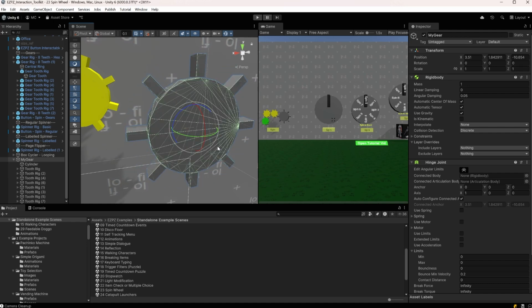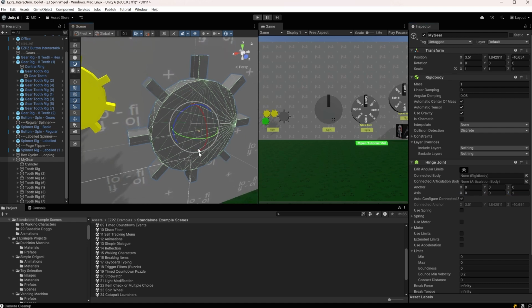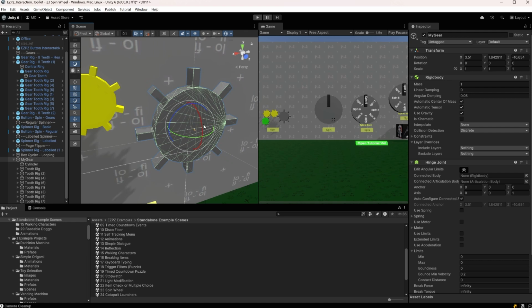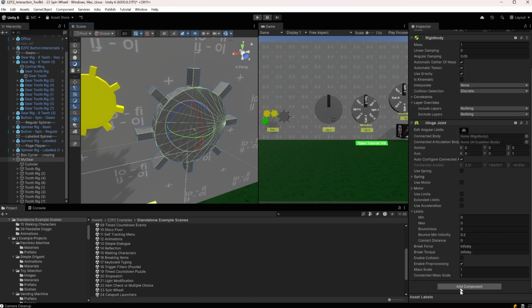The way to fix that is if we look at this axis over here, we get rid of the x component completely, and then we just have the z component. So now we can see this orange arrow is pointing this way. Okay, one more thing we need to do is I want to add a physics utility component here, which is part of EZPZ Toolkit,